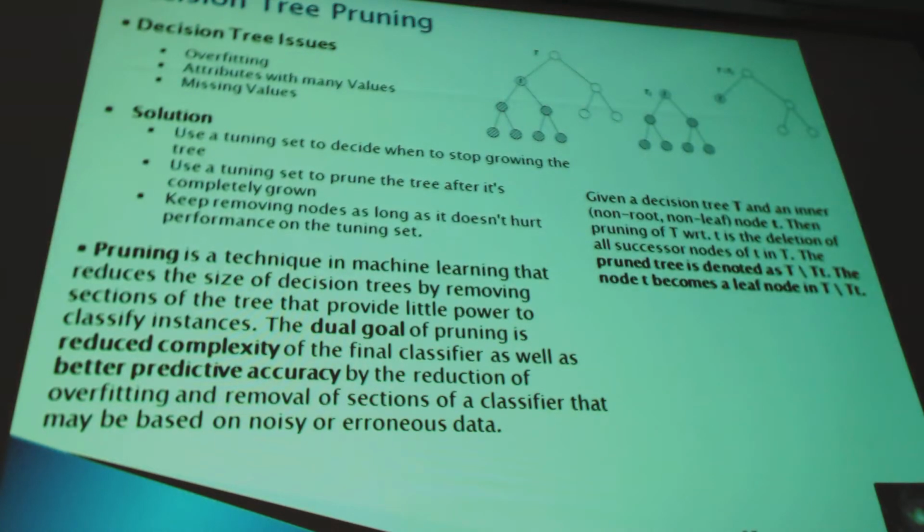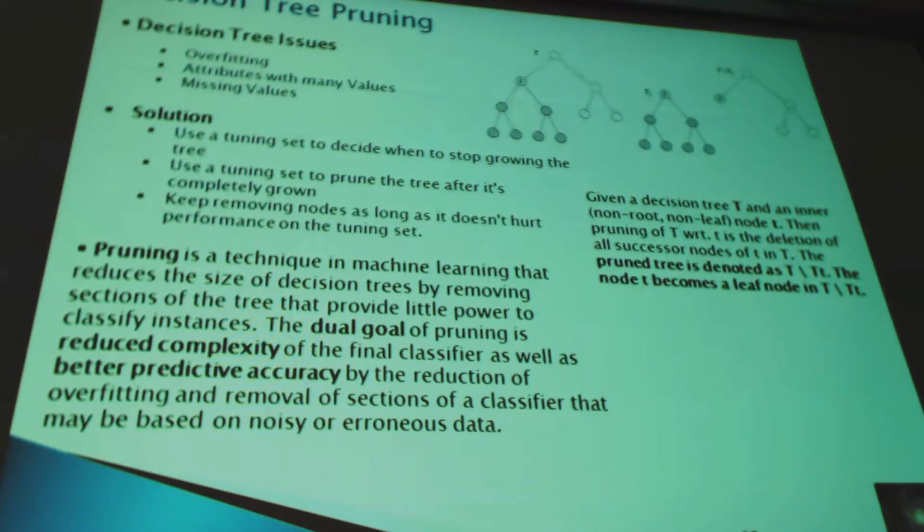Here, for example, this is a tree T and this is a node t. We want to prune this tree or delete all the successor nodes of this node t. So we delete, this is the deleted tree, and this is the pruned tree, where the small t is now the leaf node of the primary tree.